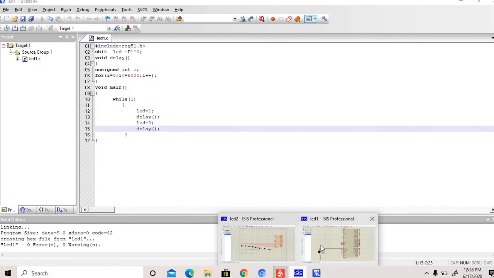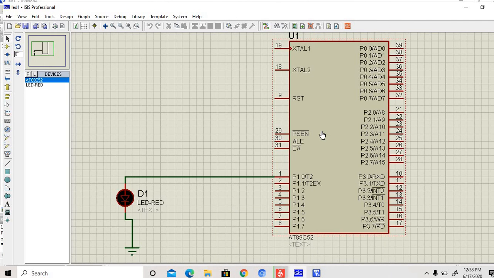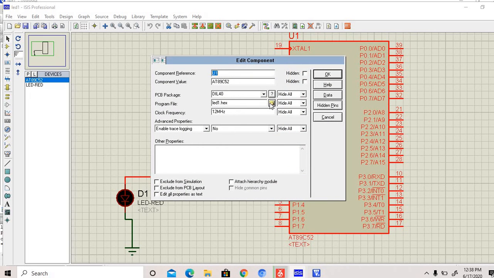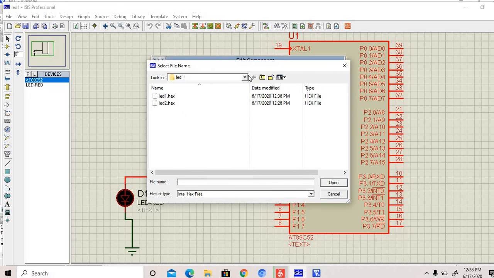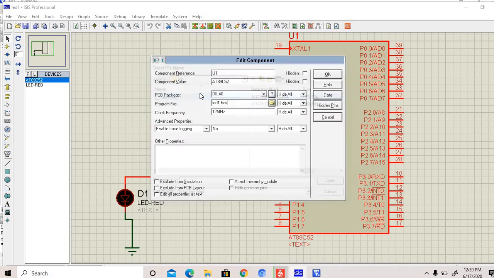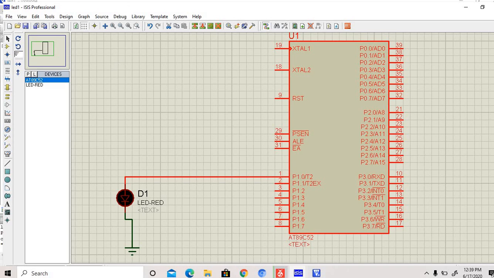Go to the Proteus, double click on the IC, go to the folder of the hex file, the name is LED1, then after that OK, then